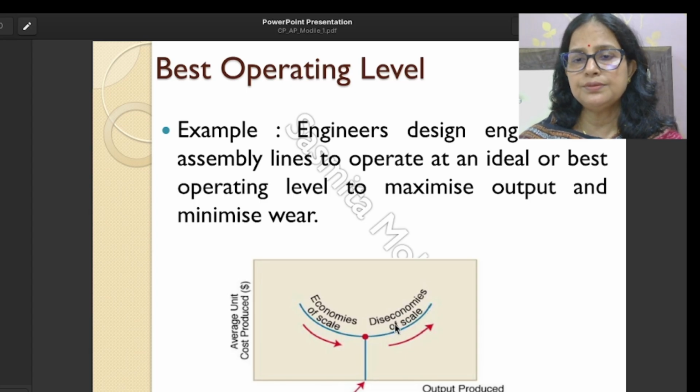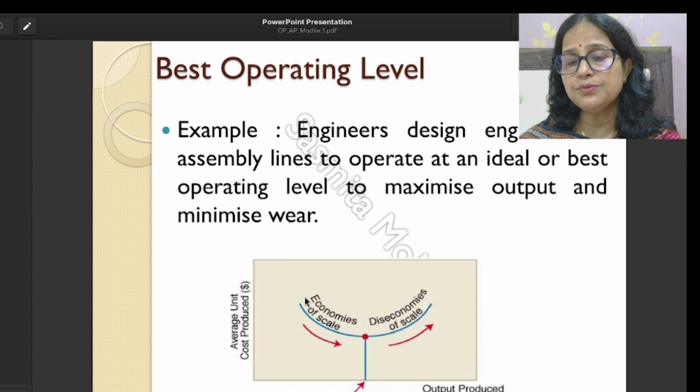So a lot of that is, you can say, a disturbance in the system of operation. For that reason, we go for achieving the diseconomies of scale, meaning the unit cost of the product increases. Till the best operating level, we are able to achieve the economies of scale, meaning the unit price of the product can be decreased or reduced till the best operating level.